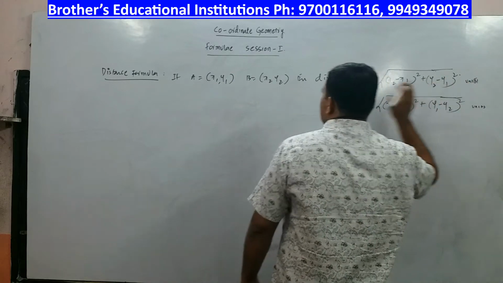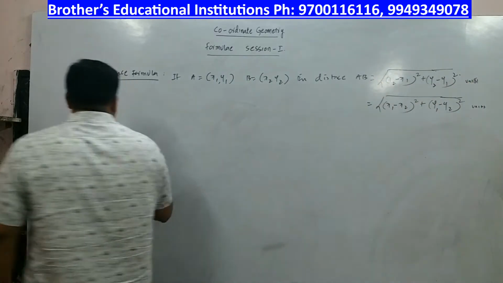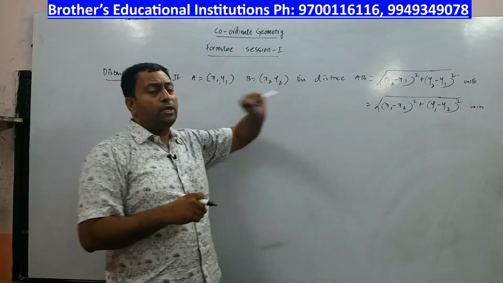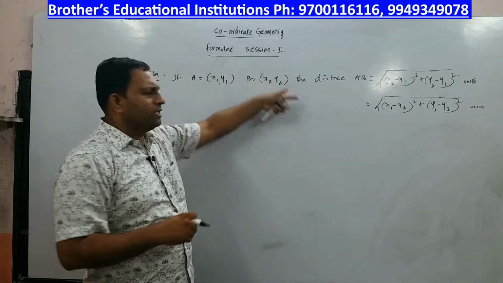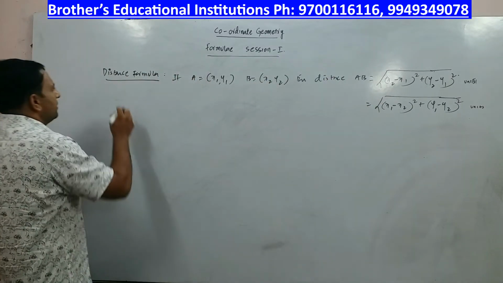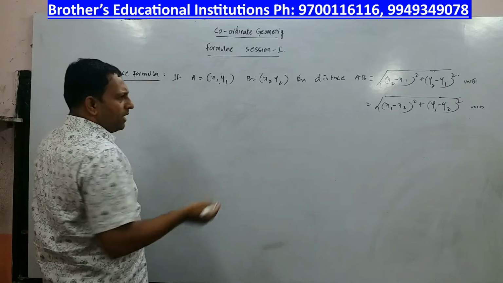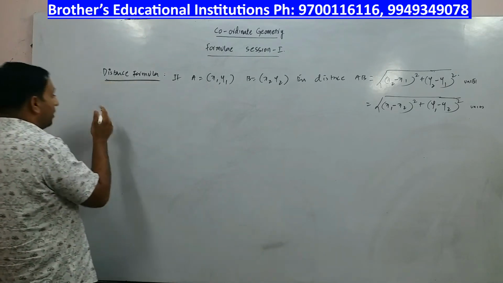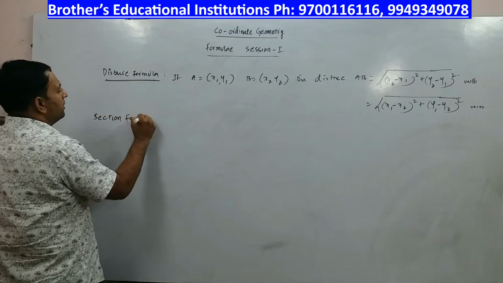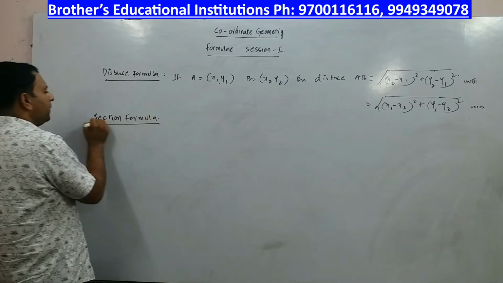However, we are not interested to derive this. Maybe one more video is there where I have derived this distance formula using Pythagoras theorem. Anyhow, at this point of time, you only should know what the distance formula is all about. Apart from the distance formula, there are other formulas which I would like to tell you, called the section formula. What is that? Section formula. Now, there are two types of section formula, right?